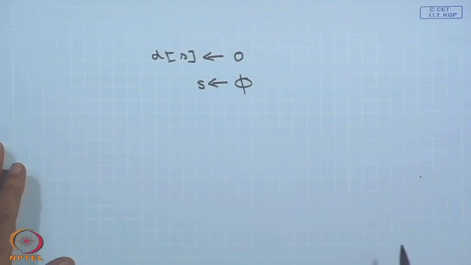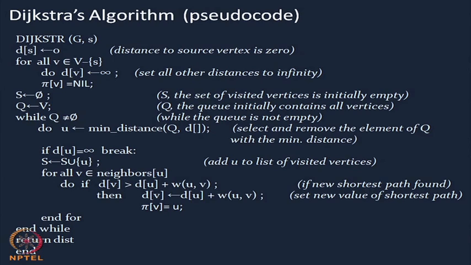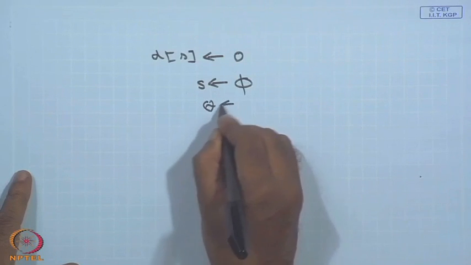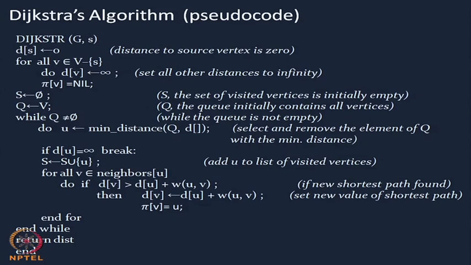These three things, that is if you see the slide: for all v, d[v] equals infinity, pi[v] equals nil, and your s is 0, S is null, and your Q is V. These two are important, I will discuss. Please go to the slide here. So, these three parts, d[v] equals infinity, pi[v] equals nil,